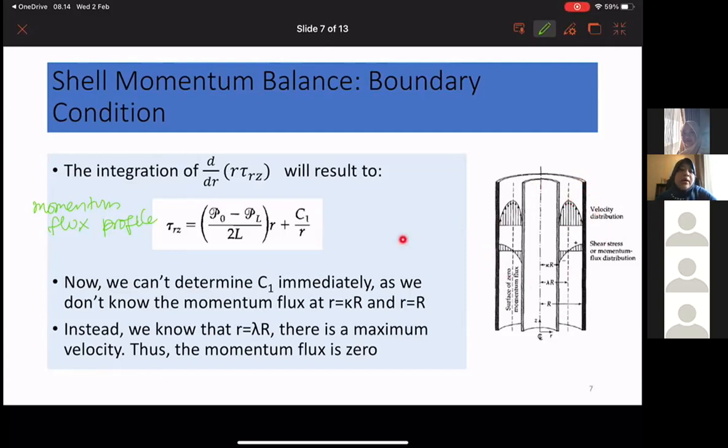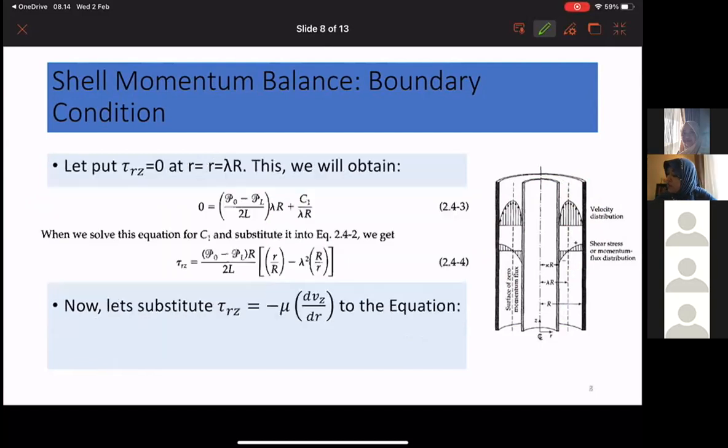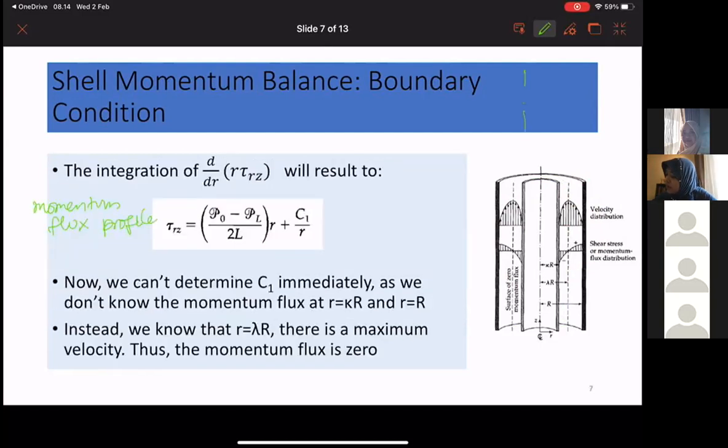Now we can't determine the C1 like in the cylindrical wall last week. In the cylindrical wall from last week, if you remember,